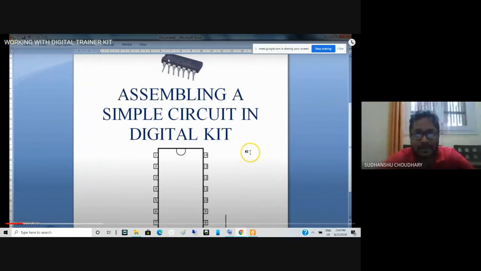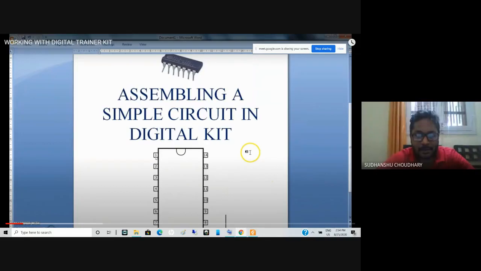So for example, here in this IC, you will see a U type mark, which is not present on this side. Only one side has this kind of mark, which is called a notch. If you hold an IC like this, pin number 1 will be located towards the left of this notch.